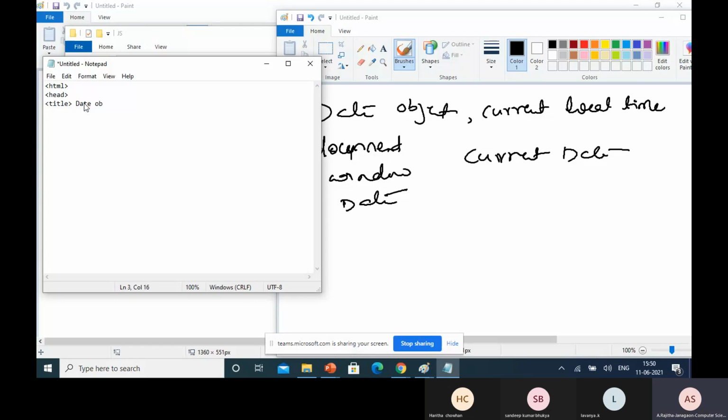We are discussing here the date object. Now close this title, close this head, and open body. Within the body we can specify the script. So you can specify the script type here.